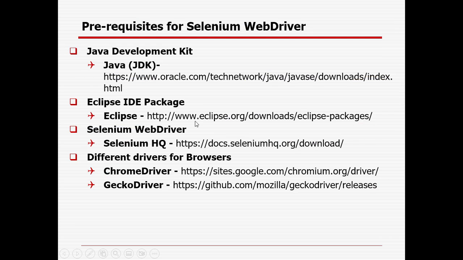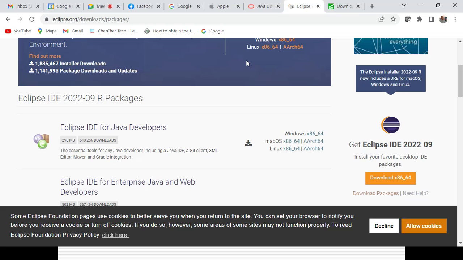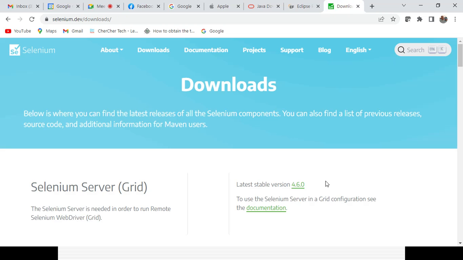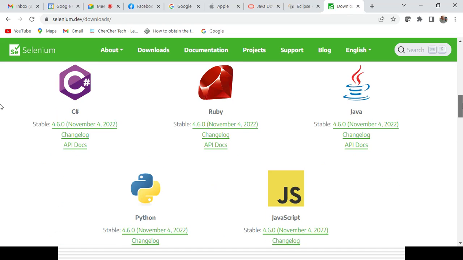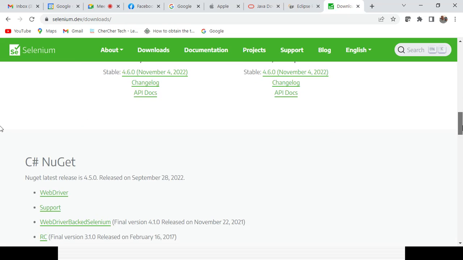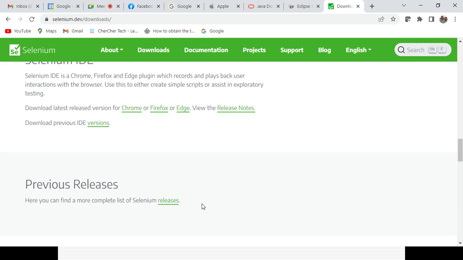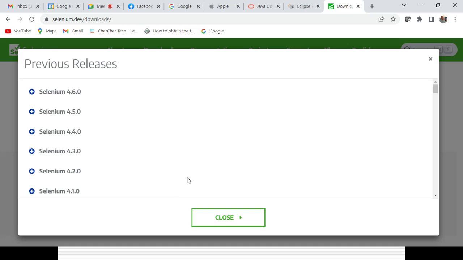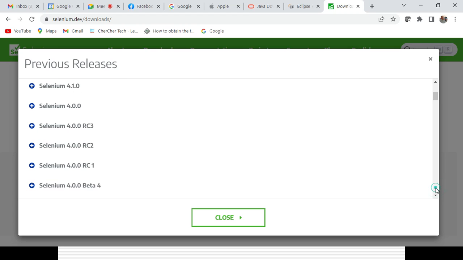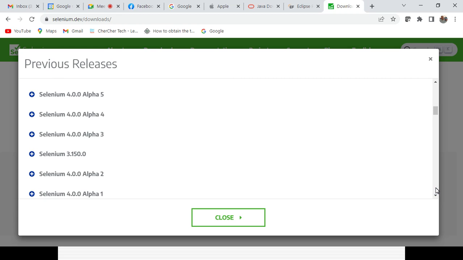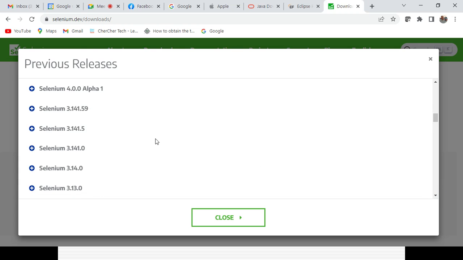The third one is you need to install the Selenium jar file, because that is where Selenium related methods will come from, so I can call the Selenium functionality. So this is the third link. Nowadays 4.6.0 is available, but definitely you can use any 3 version as well. With the 4 version, some challenges might come, since it just came recently. So you can go here, releases, previous releases, and you can go with the 3 version, the stable version as of now, 3.15.0 or 3.14.0 is fine.